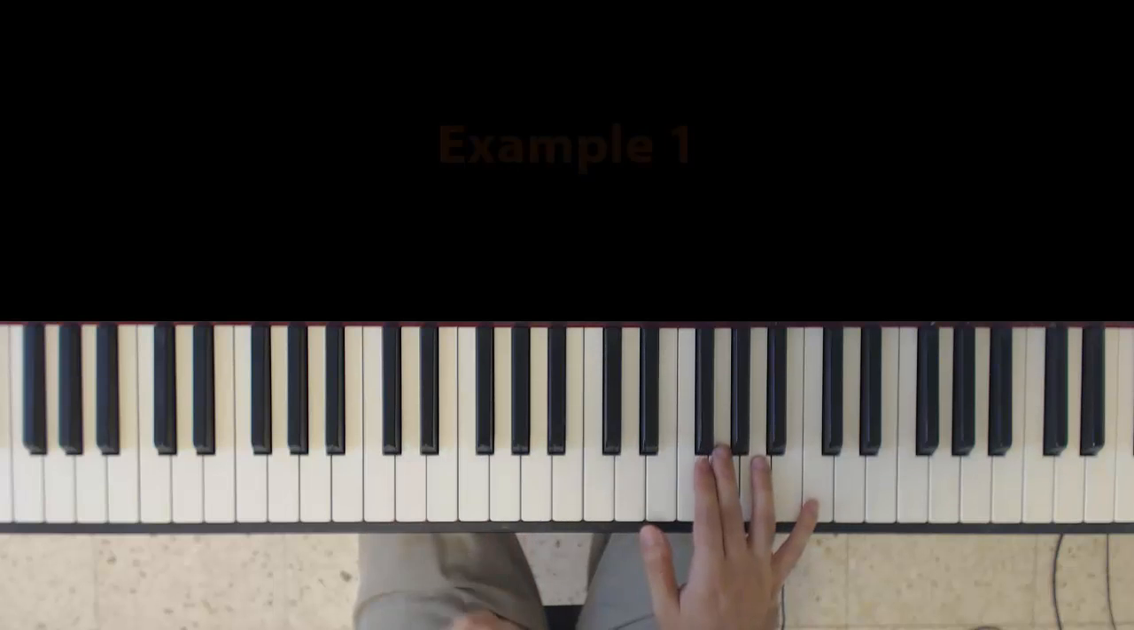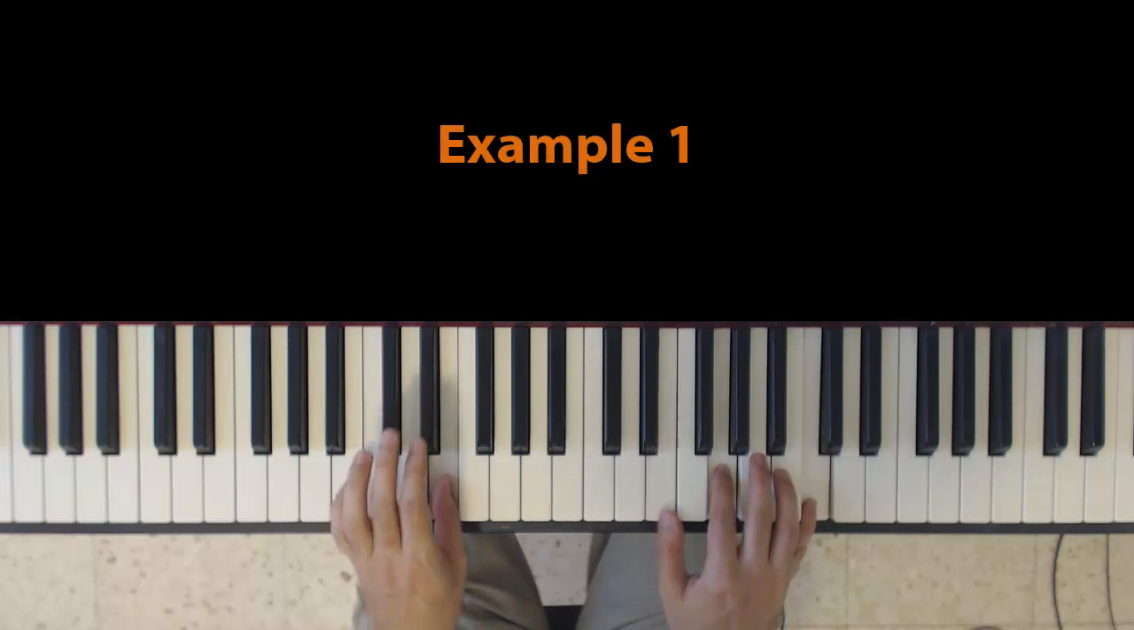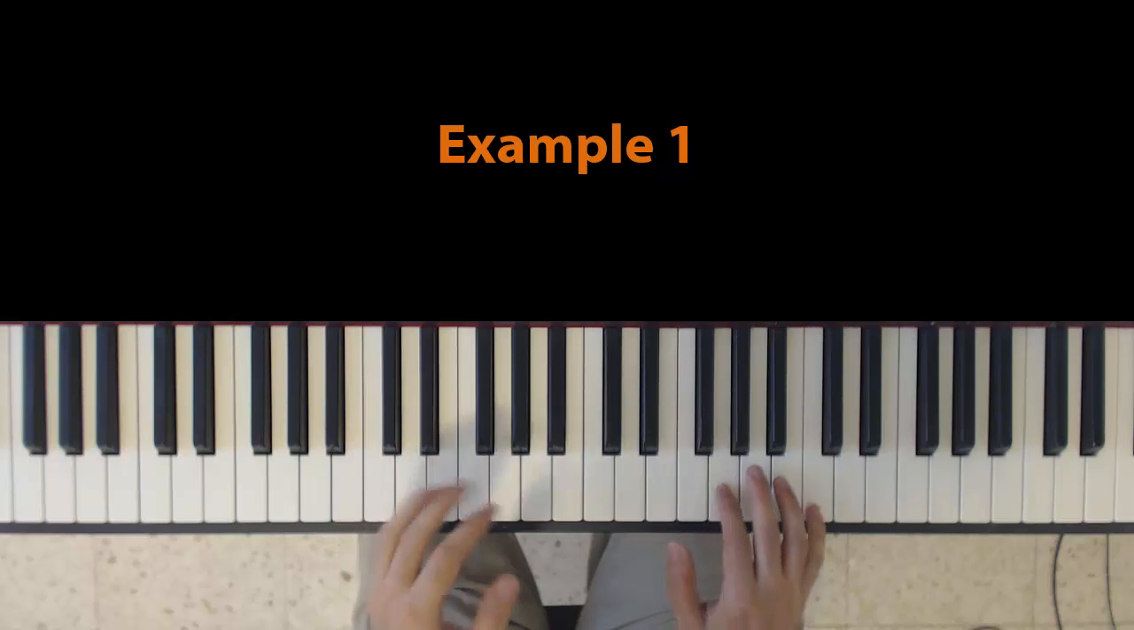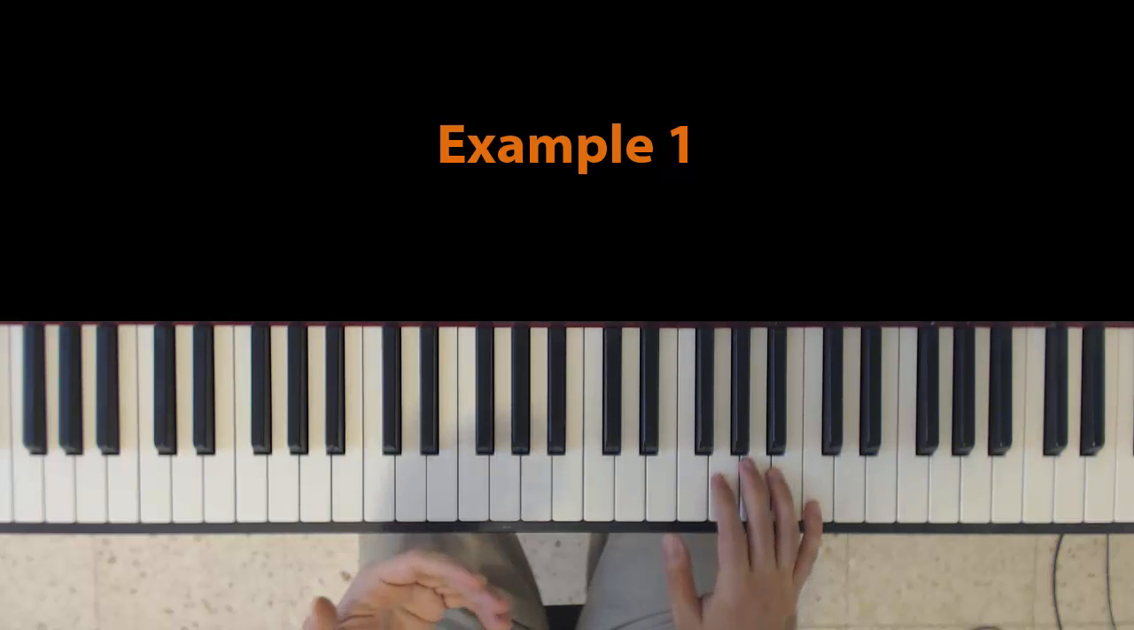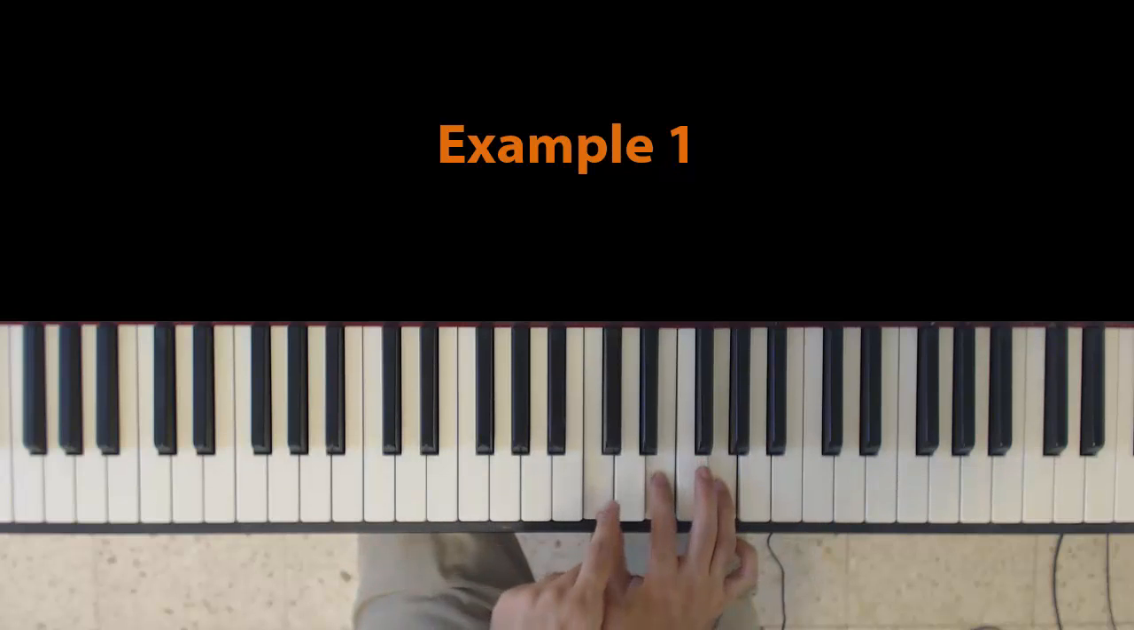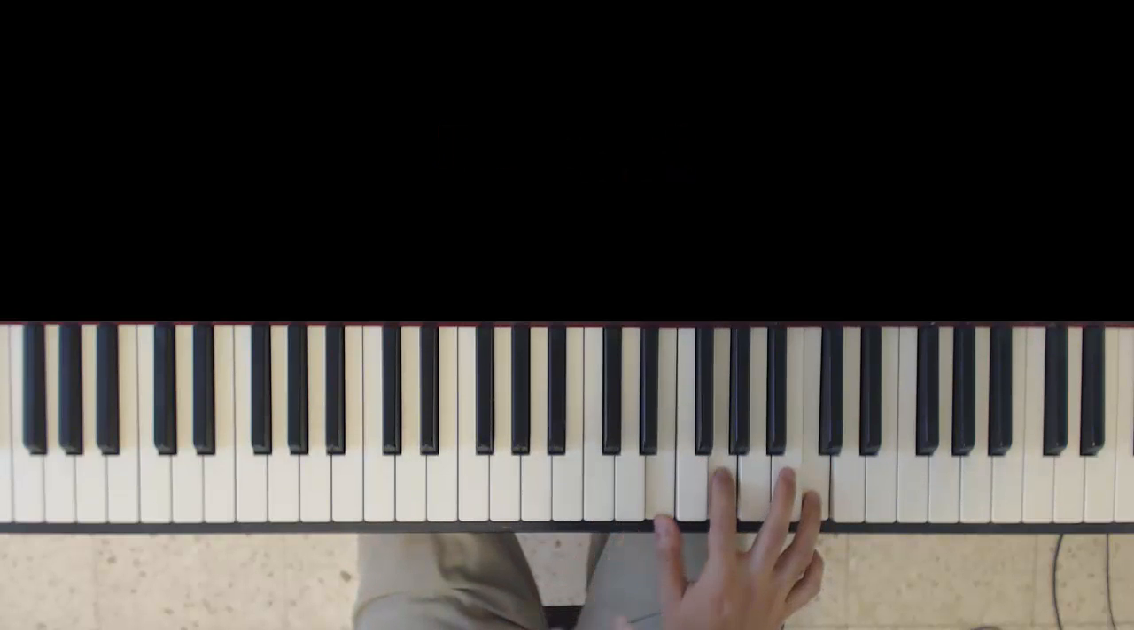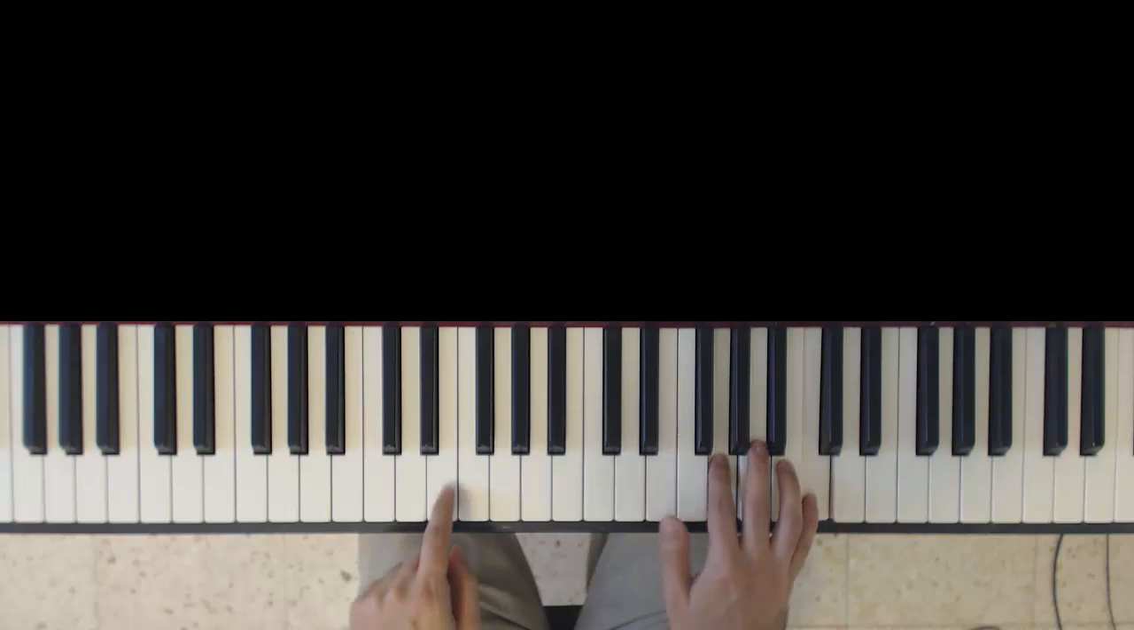So let's start with the first example I played. What I was playing here is really a C major chord, and you can do this with any major chord. It's the first inversion of the C major, and now here I'm playing E, G, and C in my right hand. I'm going to take this E, play it down here,